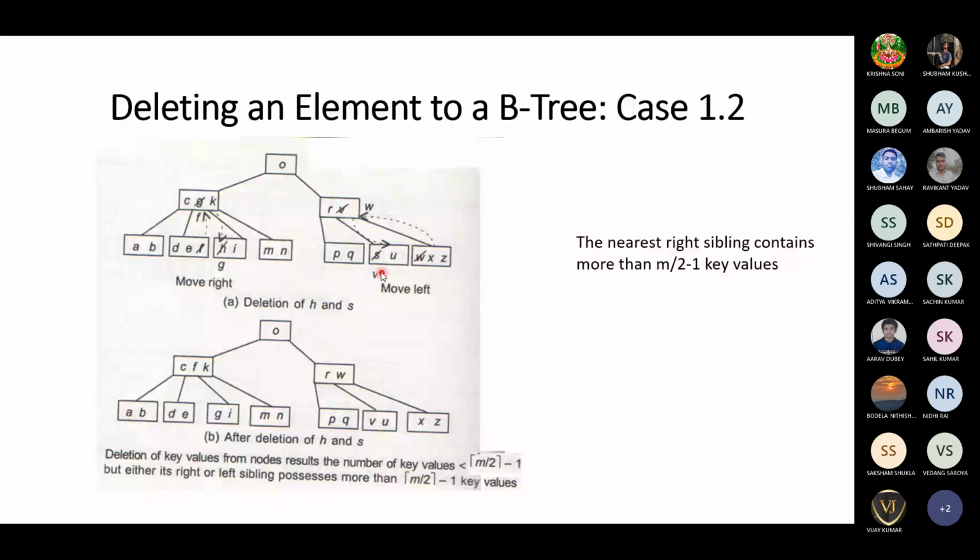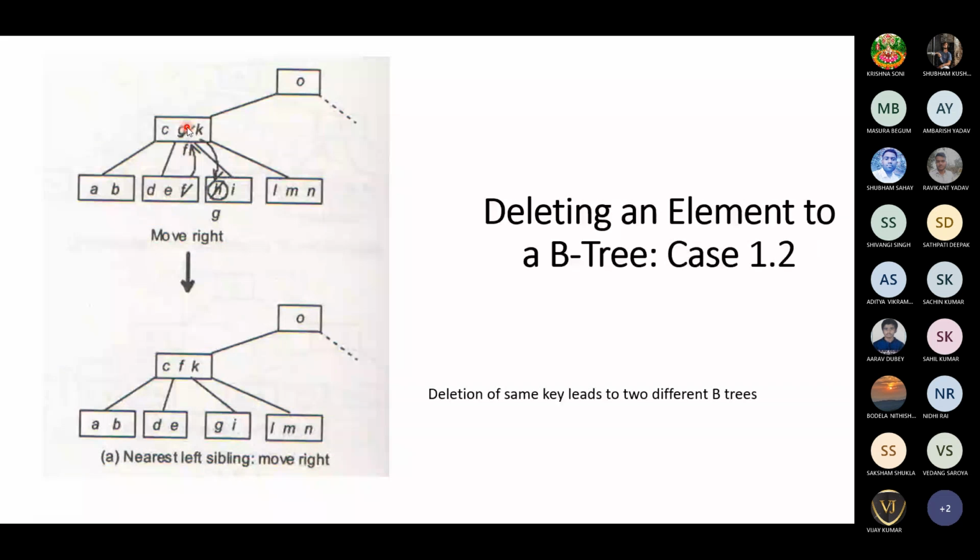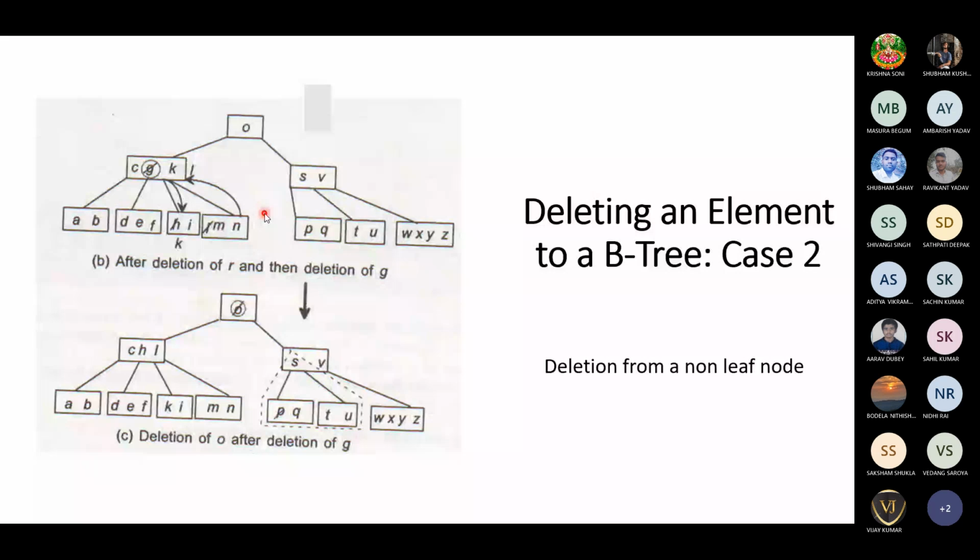So deleting G will make it, this case 2. G should be replaced with H. H will go to the root. This node will be left alone. I will be left alone. L will be pushed to the top. K will be pushed down. So now the root node will become C H L. Here the child will be K I, here M N. Does it make sense how it happened?